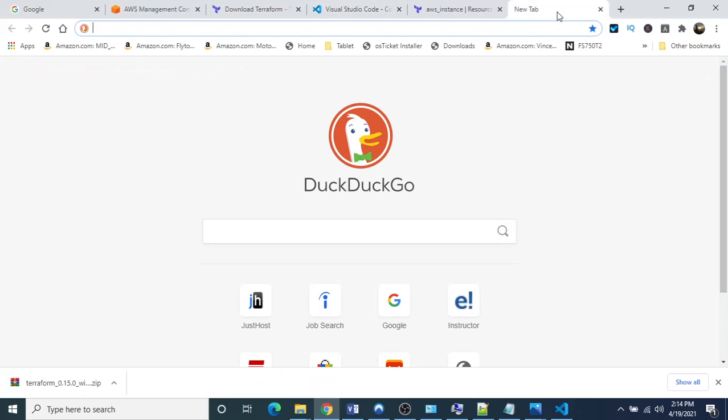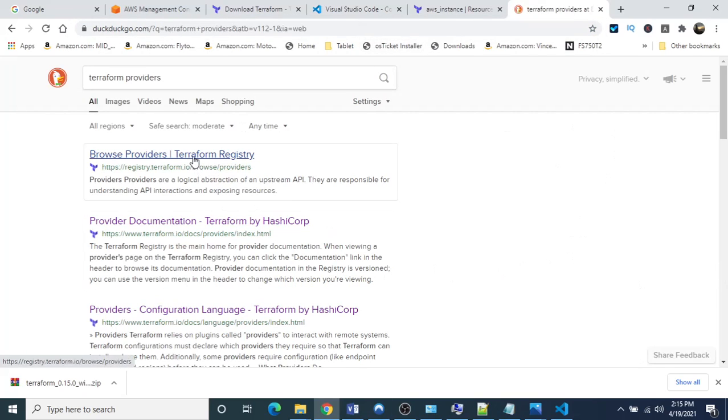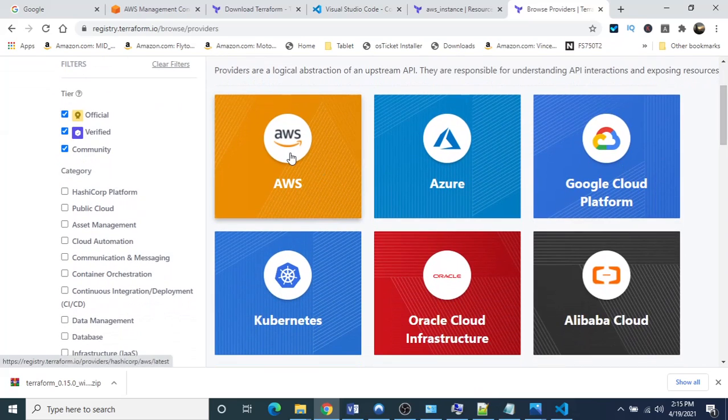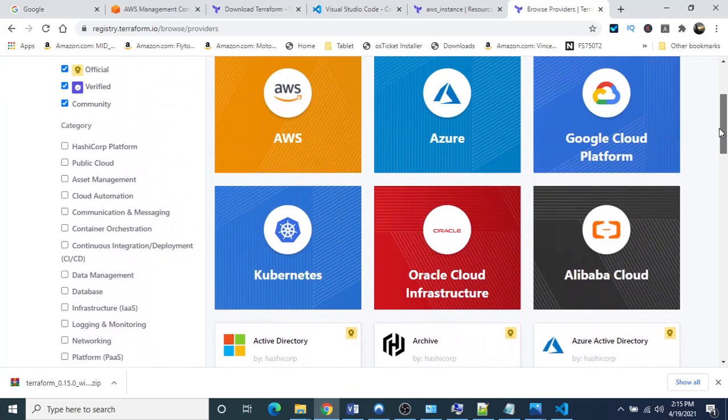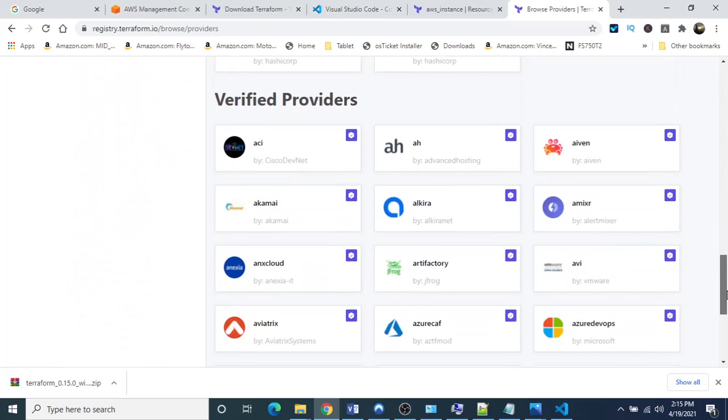And you can do a Google search and say Terraform providers, and that will give you a little better understanding. You can browse the different providers here. Each one communicates with Terraform differently, so the command line structure is different. You can do AWS, Azure, Google Cloud, Oracle, Kubernetes, and more being added every day